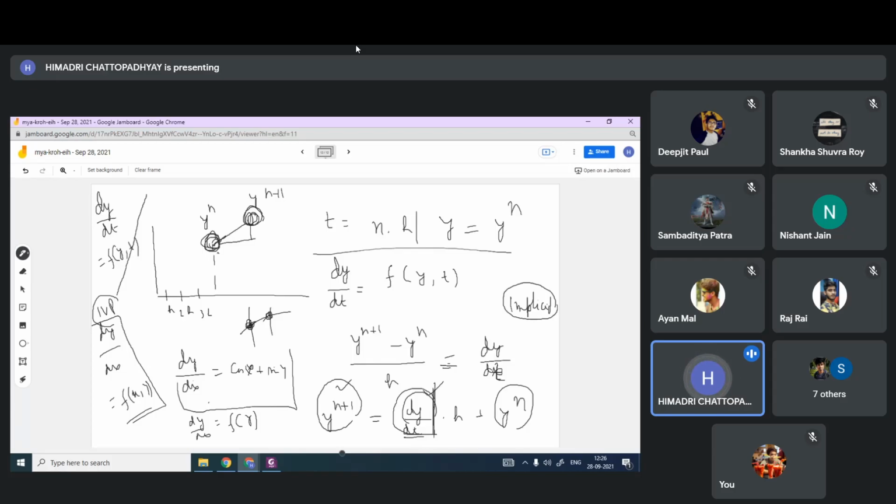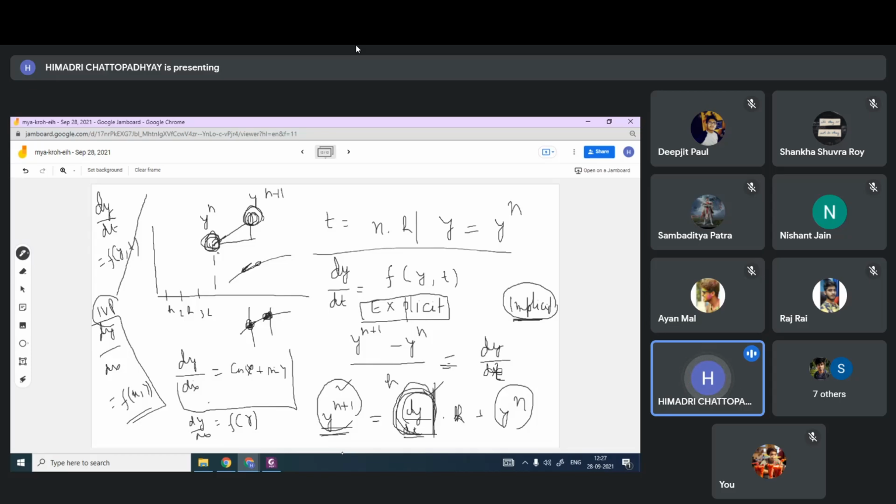The way we have done, as we are proceeding, we are evaluating the local slope and then going to the next point. But if you take an equation where you take the slope of the next point, then it becomes a complicated equation. Then it's implicit. Implicits are difficult to solve, and what we are doing is known as explicit. It means this is clear cut. I know y at some point. I know the slope at that point. I know the gap. I calculate the next y. That is a simple thing and known as explicit.